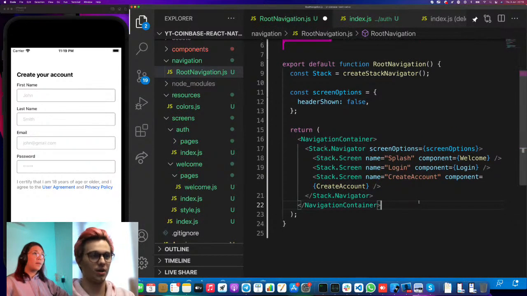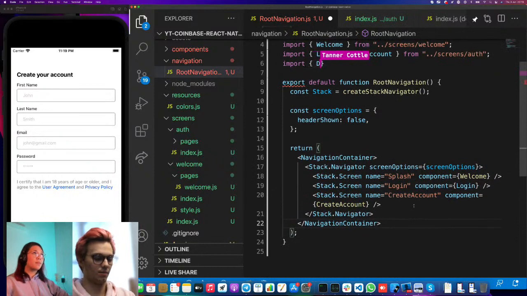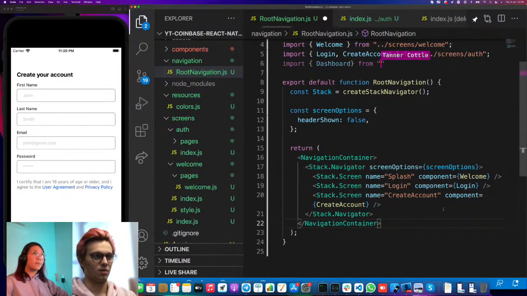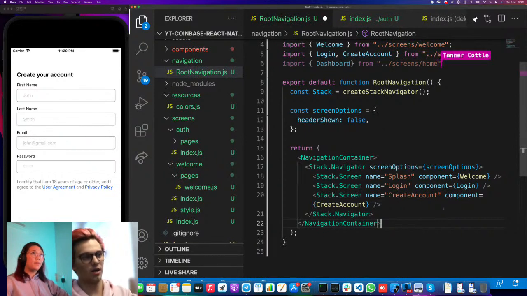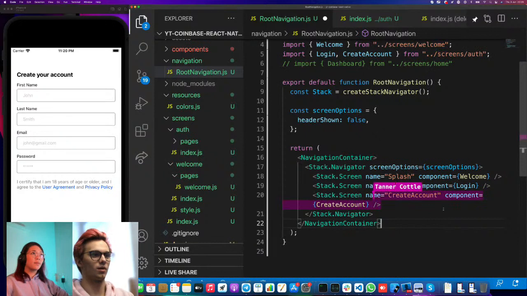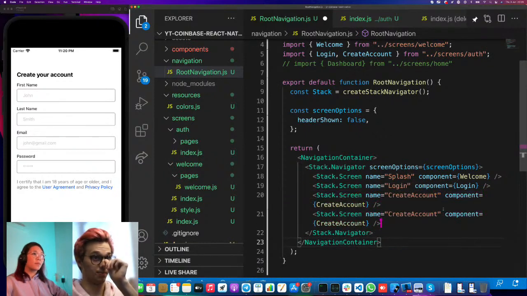So guys, at the top here, and again, just like always, we haven't really created this file yet, but we're going to say Dashboard over here. Dashboard, and we're going to say from, and we're going to grab this from the screens, and we're going to have a home section. Now, for now, we can just comment this out, and then we'll come down here, copy this stack, paste that in, change this to the name of dashboard,